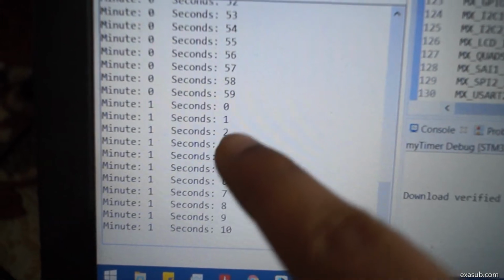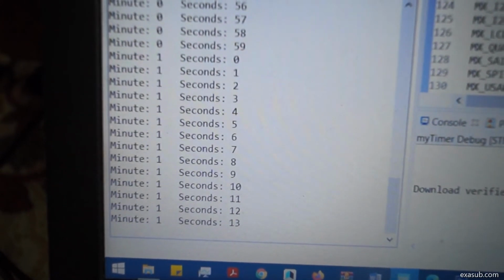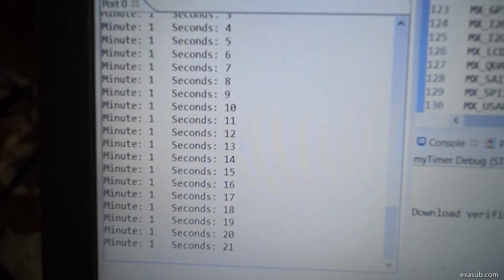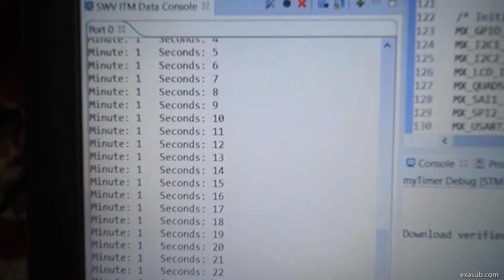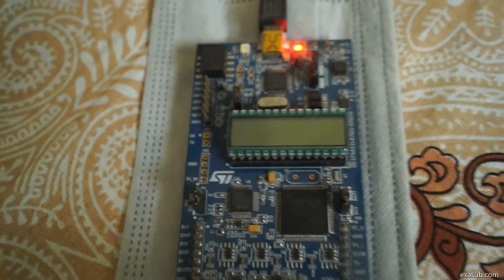Okay, 1 minute, then the seconds will count again. Similarly, you can add date and hours, sub-seconds, year, month. Here I have not enabled the LCD right now. I'll be doing that in the future.